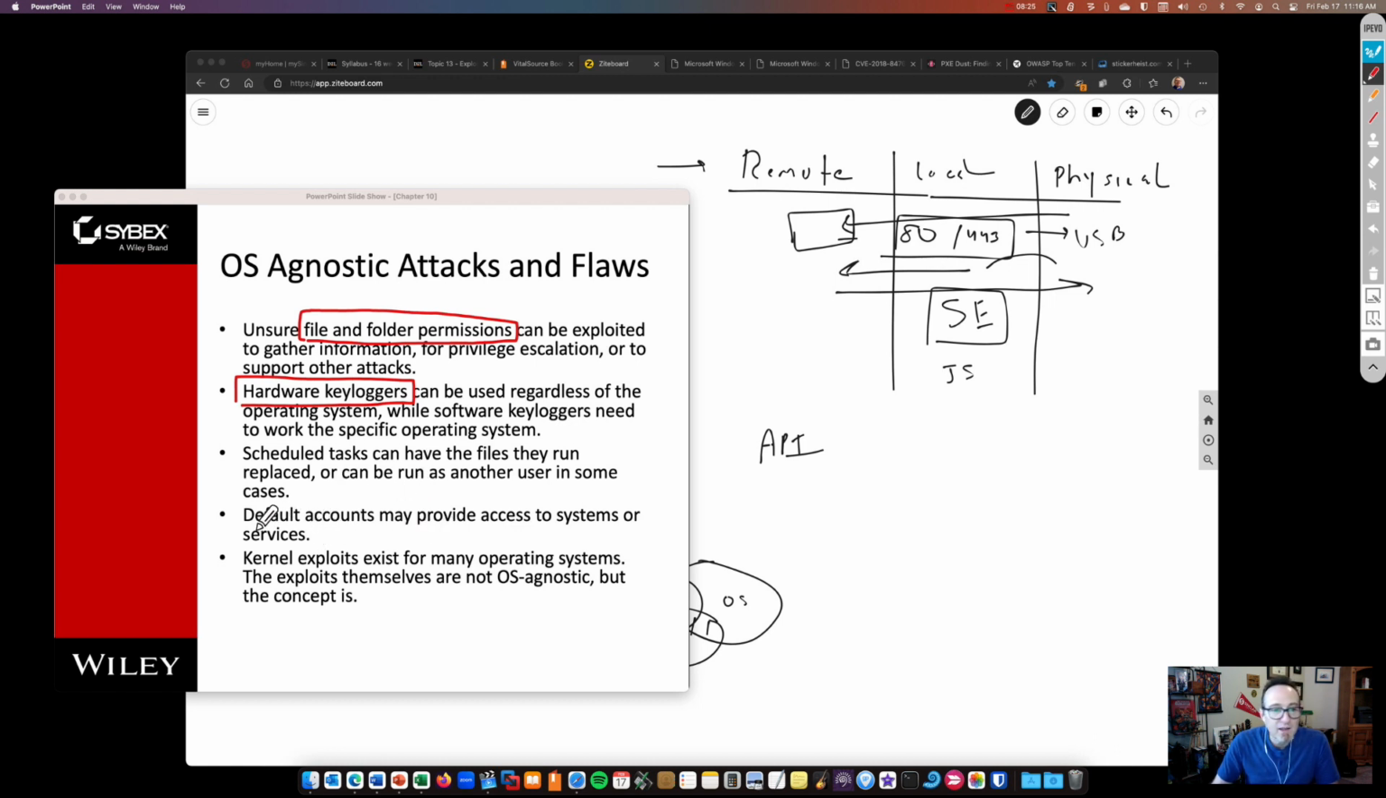Default accounts. Again, we're looking at permissions here. We're looking for the misconfiguration of services. And I guess we may actually have kernel exploits, so we'll look at those in a second here. But when it comes to services themselves,